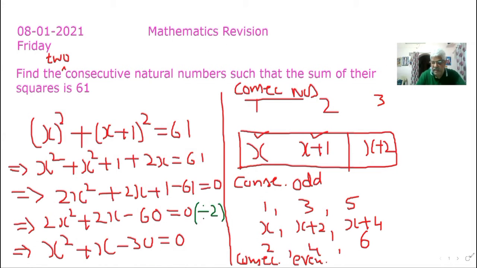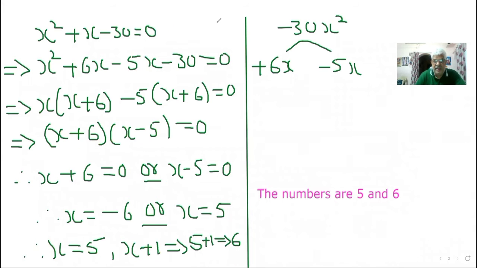Now, depending on this, you have to factorize the expression. Factorization you learnt in 8th standard. Multiply the first and the last terms; you get minus 30x square. 30 comes in the table: 6 fives are 30, and by subtracting both, you get the middle term. Right? Now, what you have to do? First term is x square. This plus x can be written as plus 6 minus 5. Plus 6 minus 5 gives you plus x.